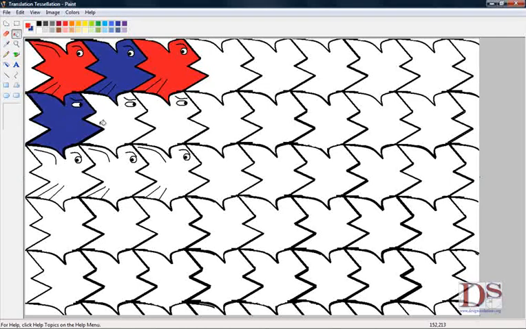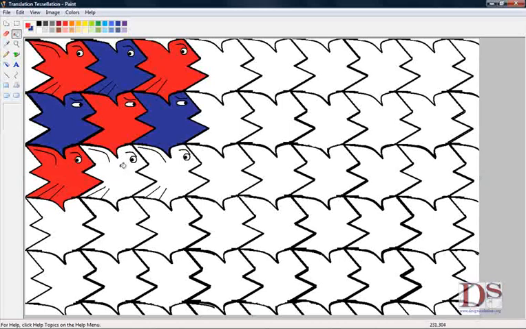So I'm going to right click down, left click, right click. So again, left click, right click, left click, left click, right click, left click, oops, right click, left click, right click, left click. And you can continue this all the way down. You can already start to see what this is going to look like. So if I go back in and I fill this in with an alternating pattern,